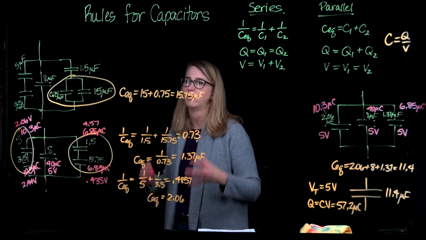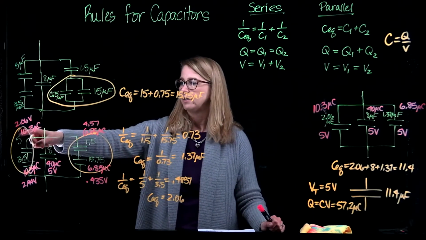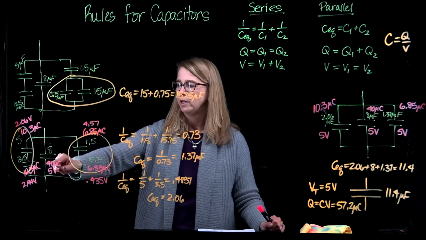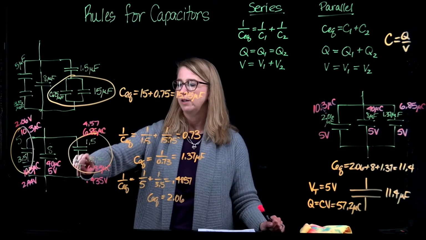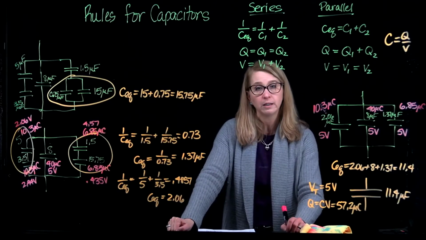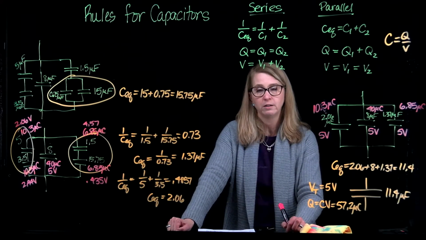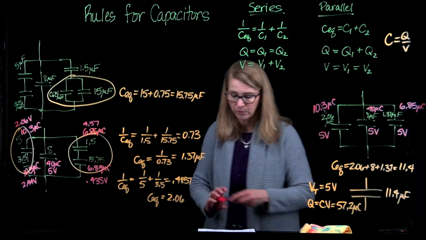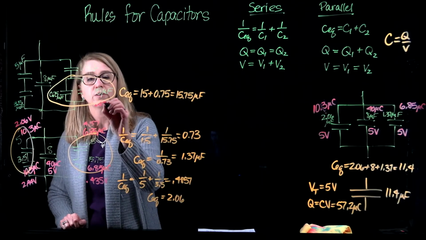So now we have almost everything figured out because we figured out the charge and potential of these two, the one in the middle and the 1.5, and now all we have to do is think about this capacitor, which was standing in place of the two in parallel. Now, what did we learn about capacitors in parallel? We learned that they had the same potential difference. So these both have a potential difference of 0.435,